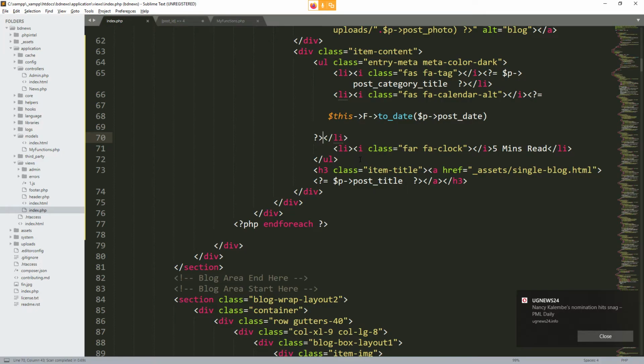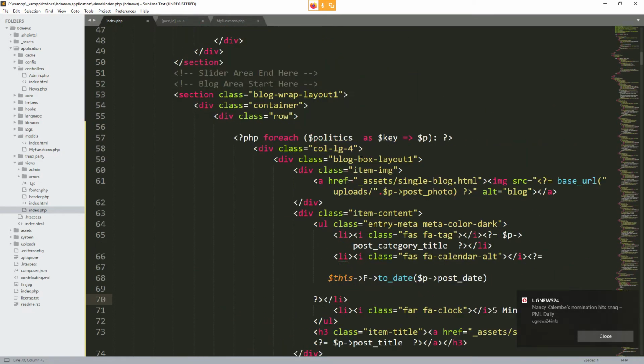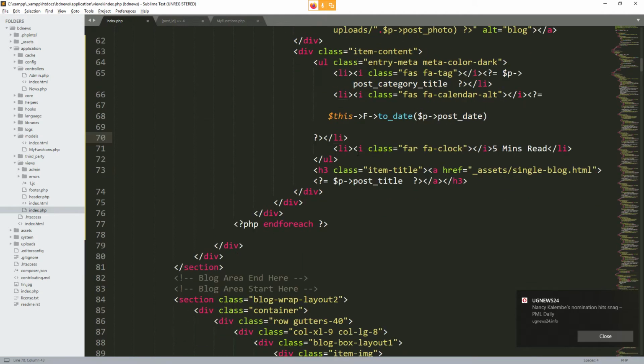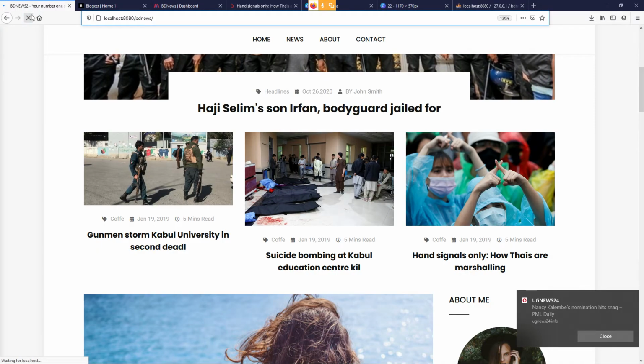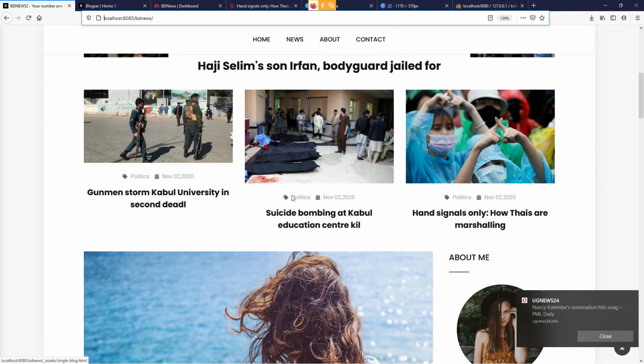person who posted this article. So the one who posted this article, I can even skip it for now because this format doesn't show it. So if I save, come and refresh, you're having something like that. Okay,